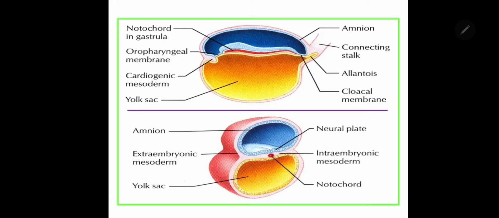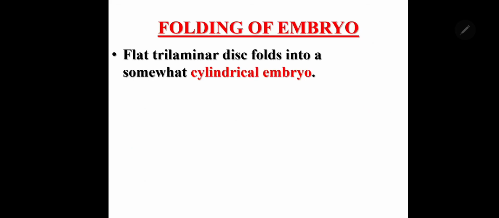So after the gastrulation, you can see here in the upper sagittal section, there will be formation of 3 layers, ectoderm, mesoderm, and a lower endoderm, and there will be 2 cavities, the amniotic cavity and the yolk sac cavity here, and you can see that in the coronal section here. This is the ectoderm, mesoderm, and endoderm. There will be formation of the primitive streak, which is the primary organizer, which initiates the development of the central nervous system, and there will be folding of the embryo.